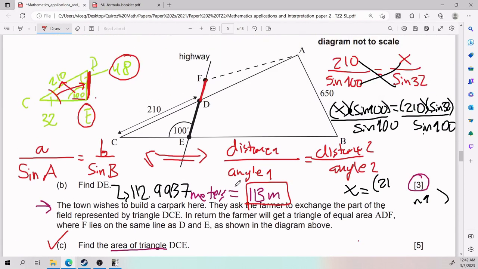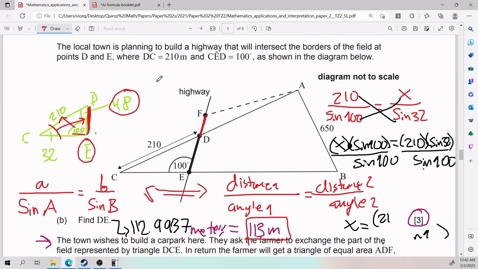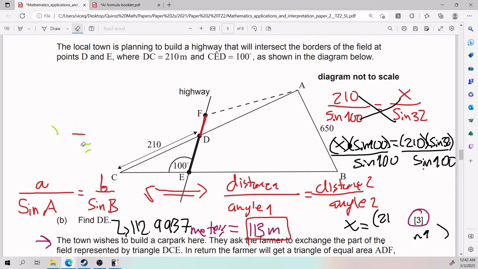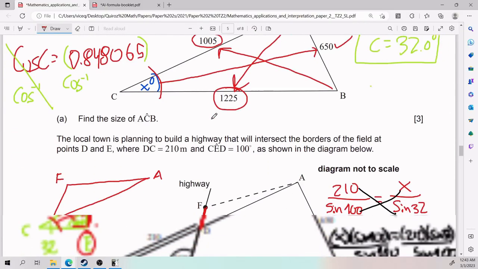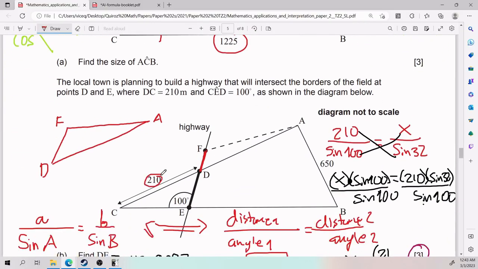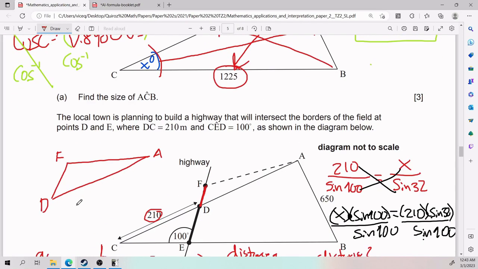There's a couple of assumptions we have to make in order to make this work. Essentially, if we're looking at DF, we're looking at that triangle there. So I'm going to go ahead and draw it out. I'm going to try to make it a little more artsy. We have D, we have F, we have A. We need to ask ourselves, what do we know about this triangle? What we know is that originally CA was 1005, and here there's 210. So that means that DA, right, is going to be 1005